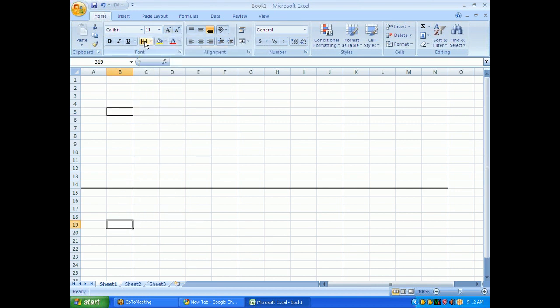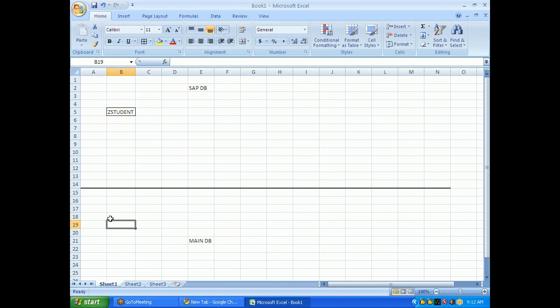Assume that this is the SAP database and this is the main database, that means Oracle database or SQL database. Whatever table you have created, maybe Z student, with the same name and the same structure, one table will be created here also.